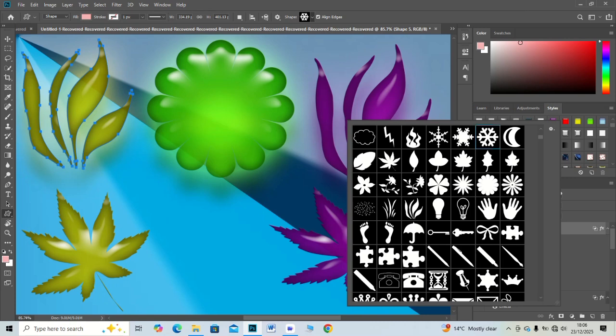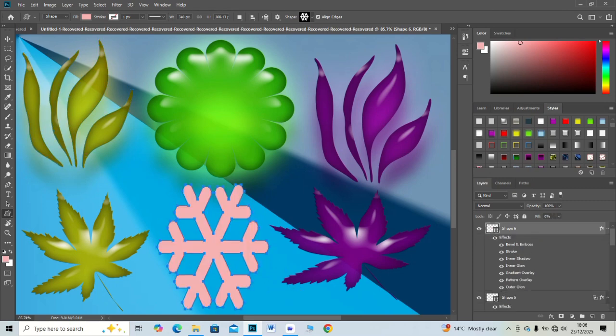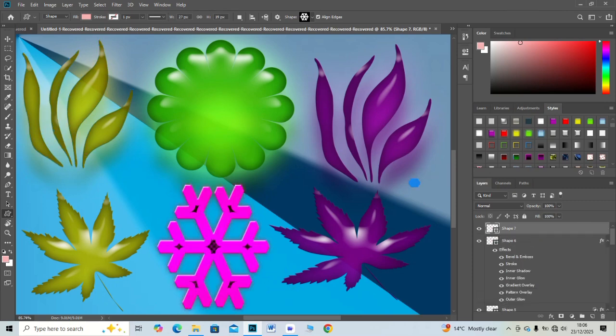Increase spacing so the layout feels breathable. To make one feature stand out, slightly enlarge its shape and apply a soft outer glow. Zoom out in preview, the grid